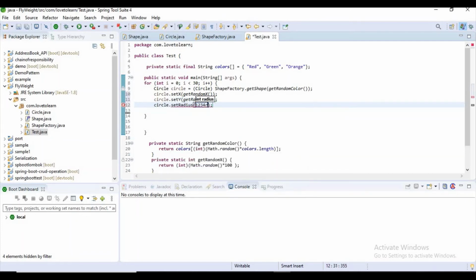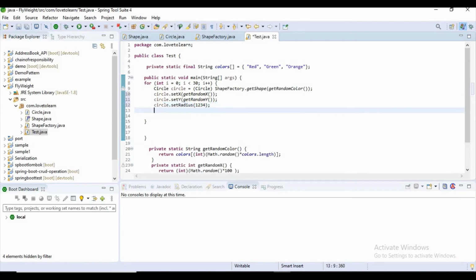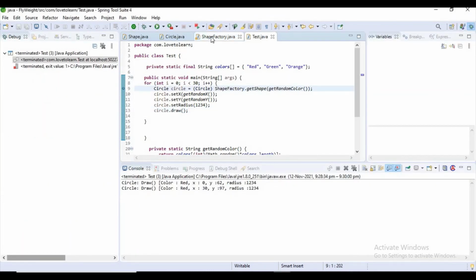I want to set some demo radius here. Now I want to call this draw method. Let's remove the System.out.println, as we already have System.out.println in the draw method.